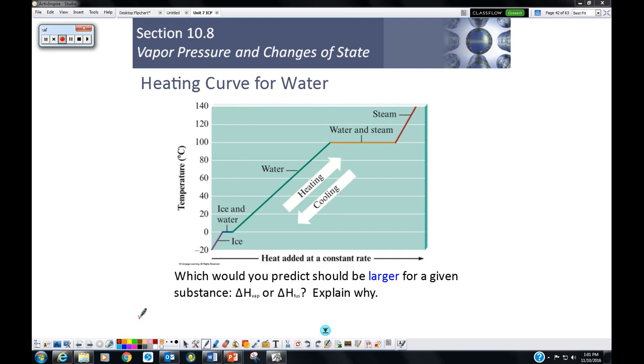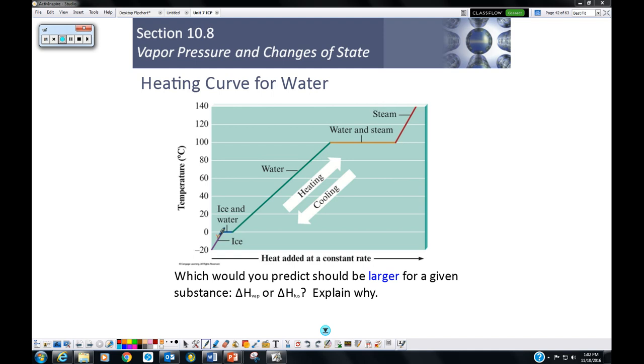So let's go ahead and discuss this. At the beginning of the unit, I showed you a heating curve, and I told you we would come back to this a little later. So looking at this heating curve, the big thing that I want you to see or know